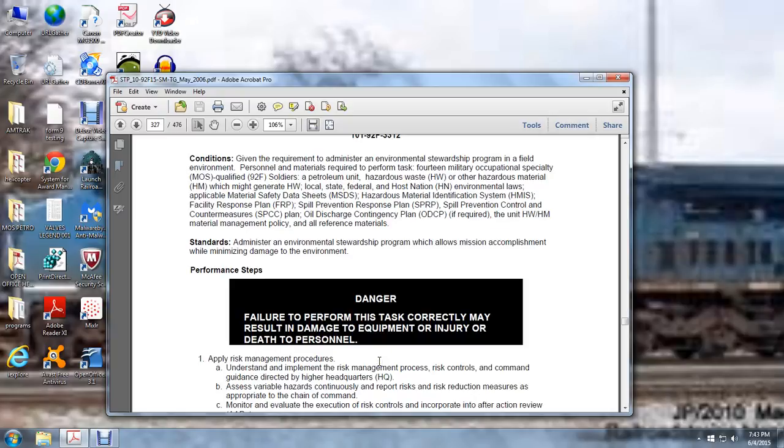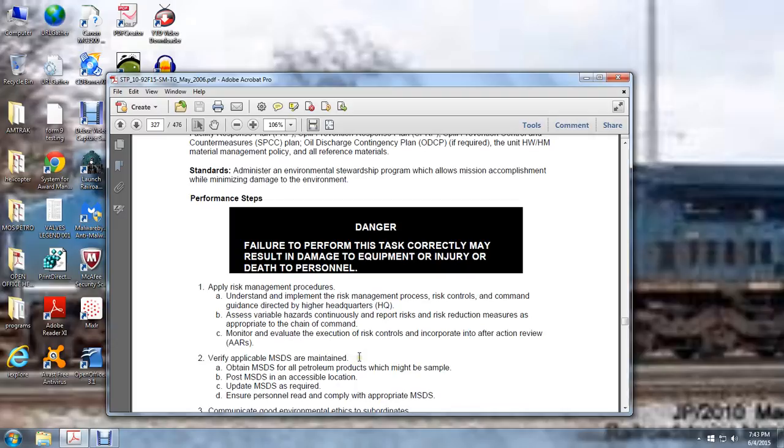Failure to perform the task correctly may result in damage to the equipment or injury to or death of personnel. Apply the risk of the procedure, understanding the implementation risk management process, risk control recommended, the guidance directed to the high hazard corps, assess variable hazards continuously, report risk reduction measures as appropriate to the chain of command, monitoring, evaluation, execution, risk control incorporated in the after-action reviews via applicable material safety data sheets, and maintain material safety data sheets